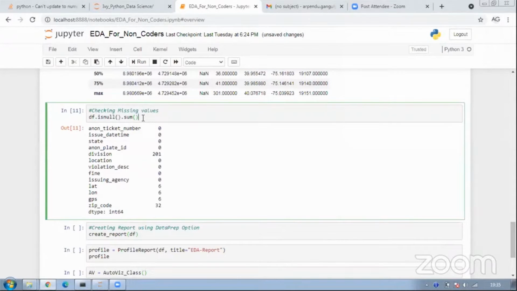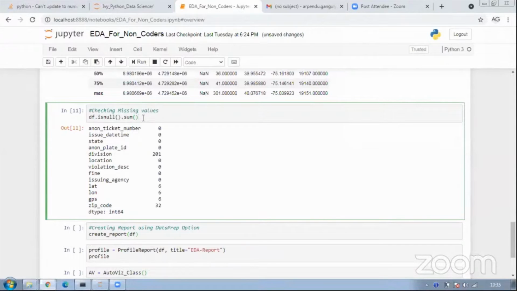So I have to do a lot of coding. But what if I don't want to do a lot of coding? What if I just have one line of code and it gives me most of the things that I want? It's a report, and I can derive insights from it.